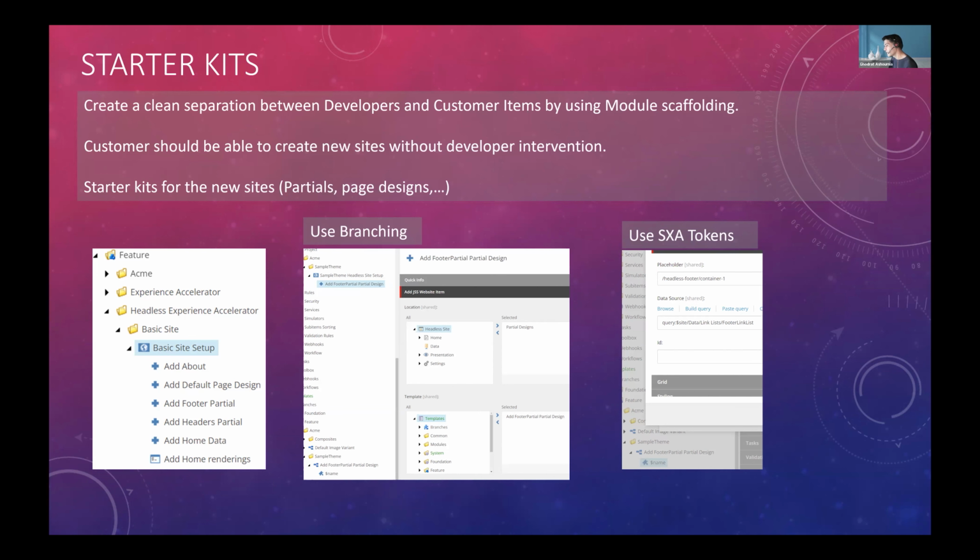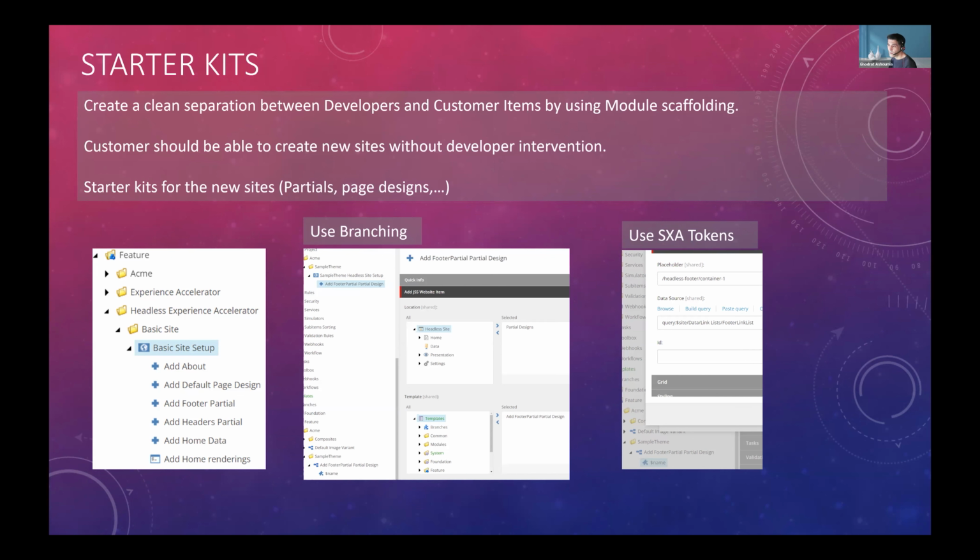When you're creating the site, the issue is the site is empty. That means you are missing the partial designs, you are missing the page designs, or possibly page branches. To make it easier, you can have an extra module for that.